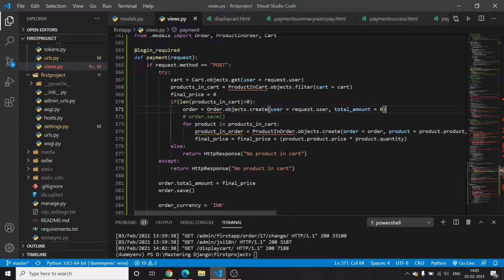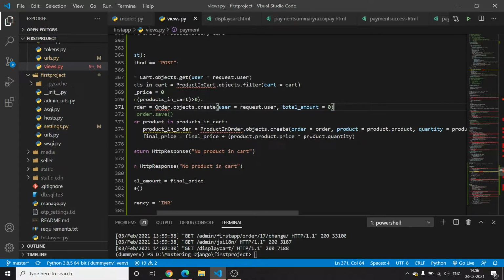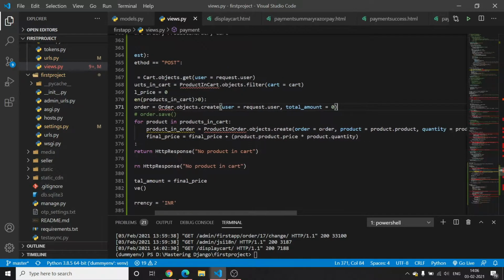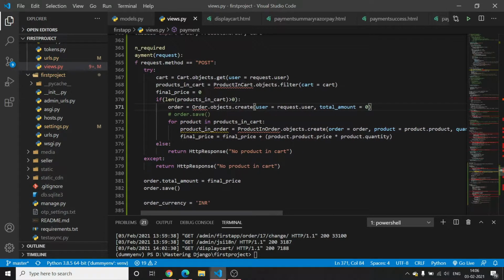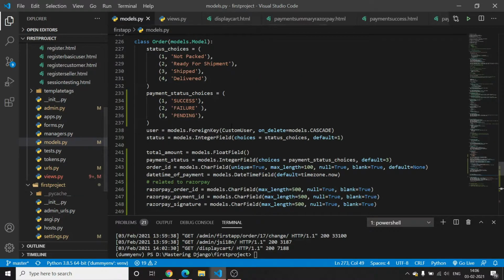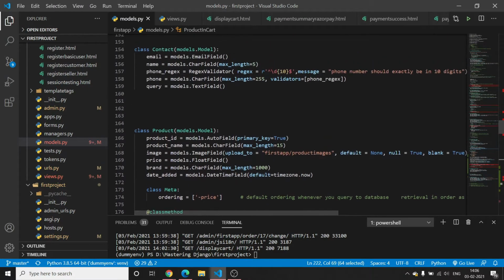in this products in cart, and I will get one product from product in cart, and then I will create a respective record in the product in order table for each product in cart, and I will link that record to the order that we have made now, order equals to order, and then I will specify that field here, then product equals to product.product, because in models.py I have linked the product in cart table to the product through a foreign key, because I have made a separate table called product here, which is this, which contains all the attributes.